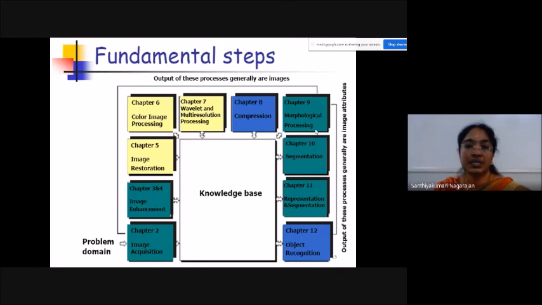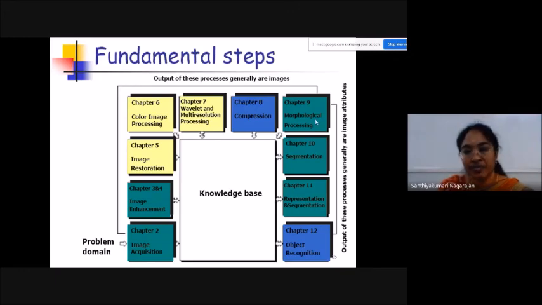As I have already stated in the syllabus itself, morphological operators are mathematical operators which were framed by the researchers and expert members of this digital image processing field. They have framed certain mathematical morphological operators which are helpful to perform further processes. Up to these steps, all your inputs and outputs are images.